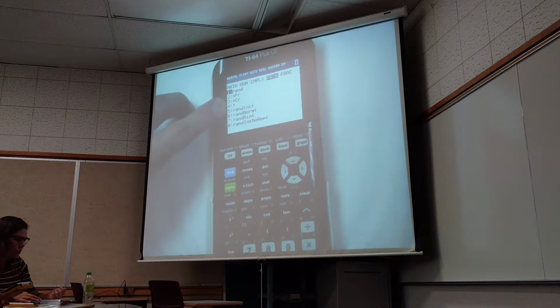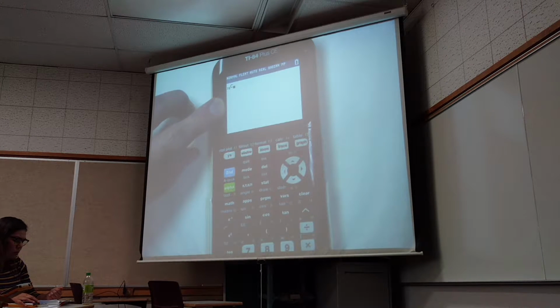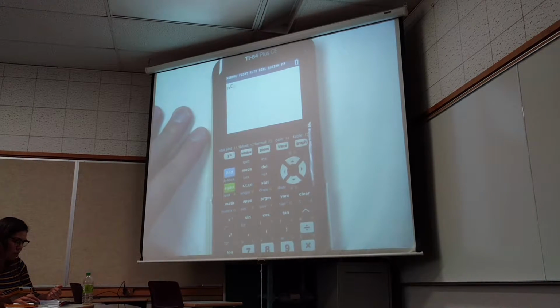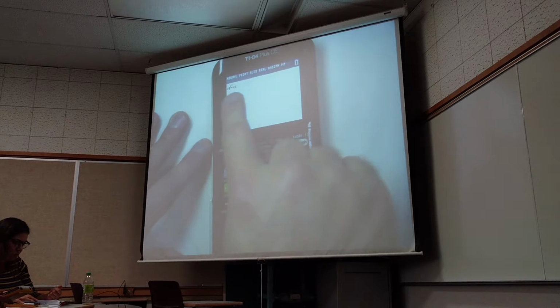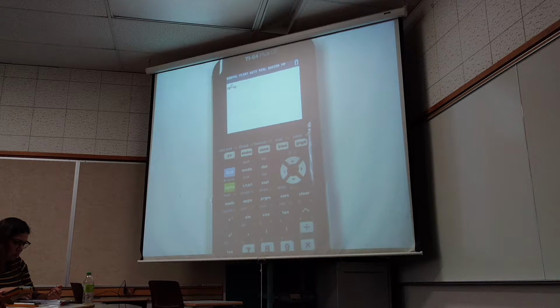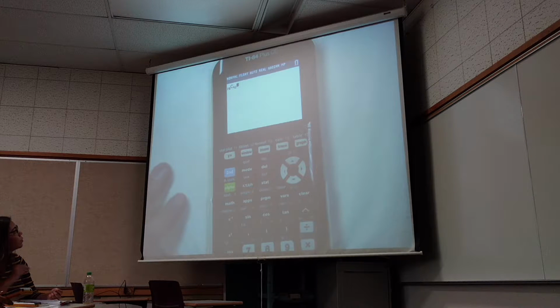The third one down is choose. Now, if you have the older model, I can't remember what it looks like on the screen, but it doesn't look like that. 78 choose 42. On the newer model, you have to remember to push over to get out of the down or up if you're in the exponent or the subscript. Push over to get out of there.